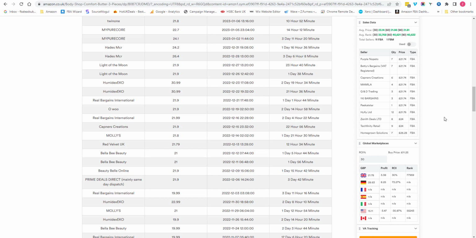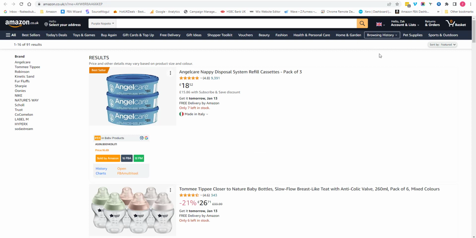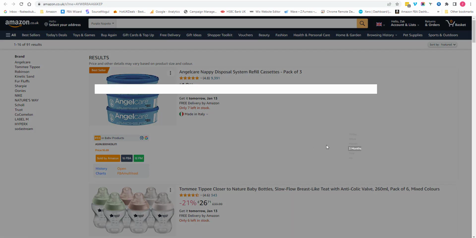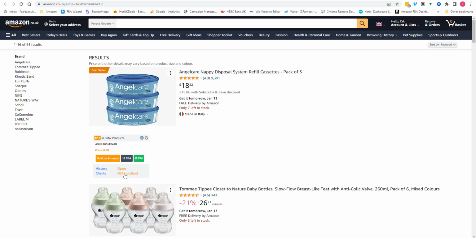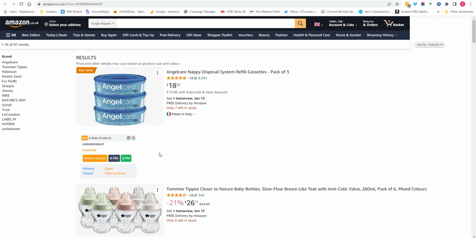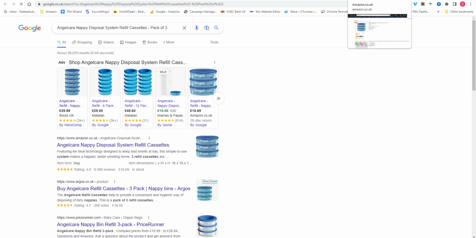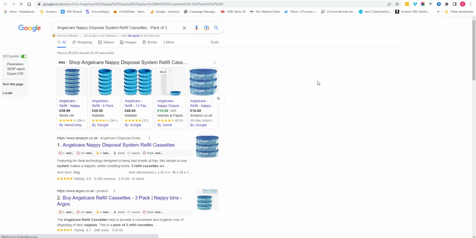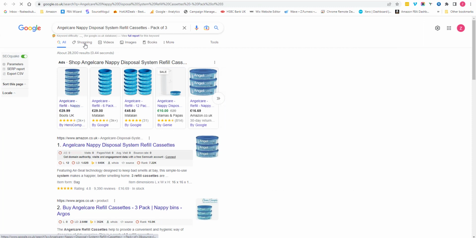With the results page calculator, you can actually reverse search other people's stores. So you would click on one of their stores here. We'll go with purple, and it'll bring up their store, and here is where your results page calculator will load, and you can check the history graphs from here. And the multi-tool app will actually load from here. And the best part is you can actually search Google directly for the product. So you hit the Google icon there, and this will load up Google for that product,